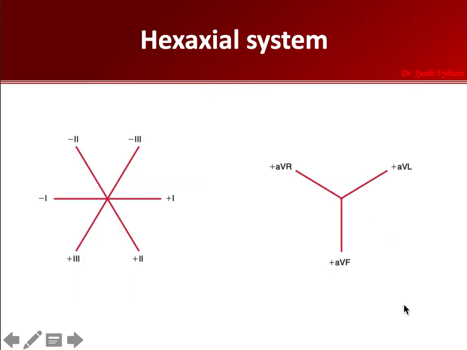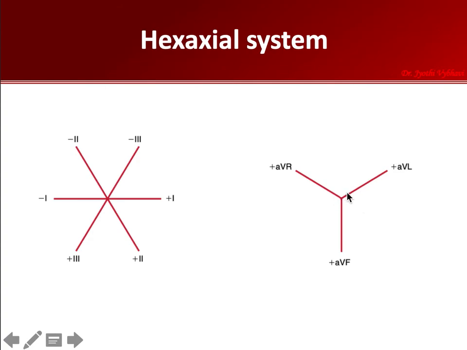So now you remember our bipolar limb leads triaxial system. We just slid the limb leads from here. Lead 1 was there, I slid down, and lead 2 was slid so that all the centers come at the same point. So this is how the bipolar limb leads triaxial system was made, and this is the triaxial system of